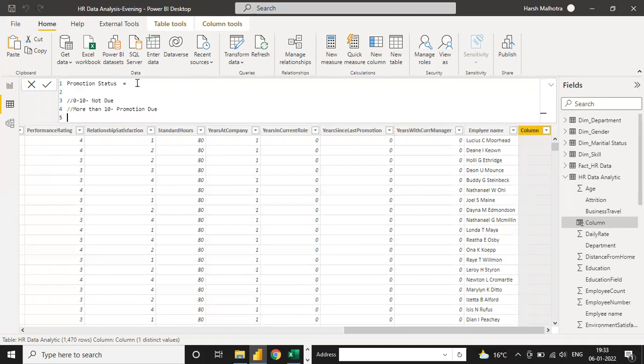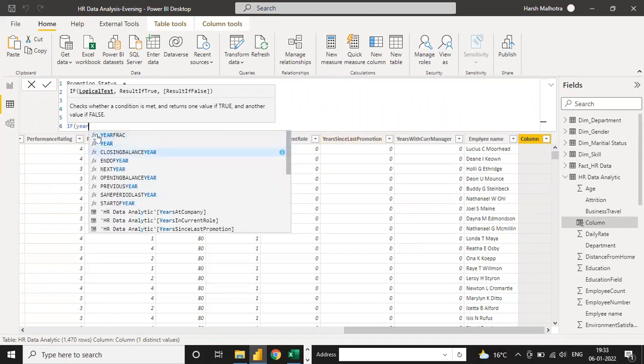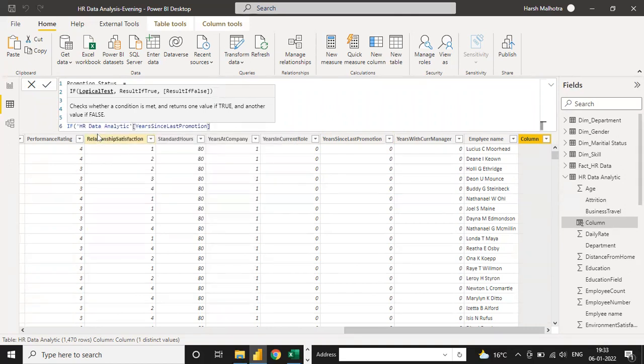This is your condition. Suppose if you have any other condition in your mind, you can tell me and I will write those conditions. Otherwise, I can do it. So for this you have to use the IF function, select the IF function. Logical test means you have to write a test with the logical function, like the IF condition you use in Excel also. So same way. Year since last promotion. I am selecting the column year since last promotion is greater than 10.